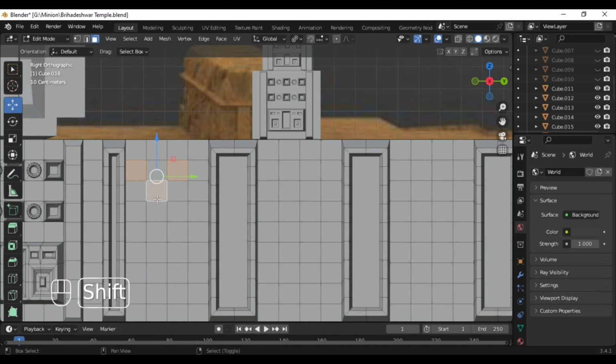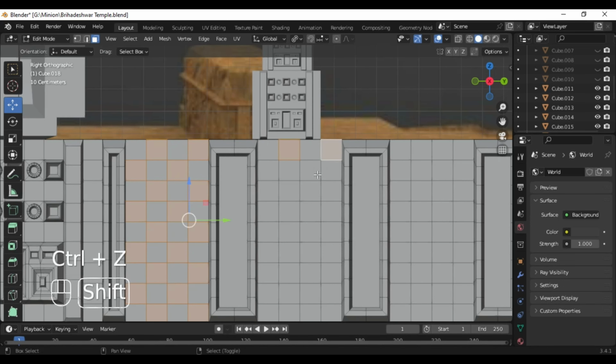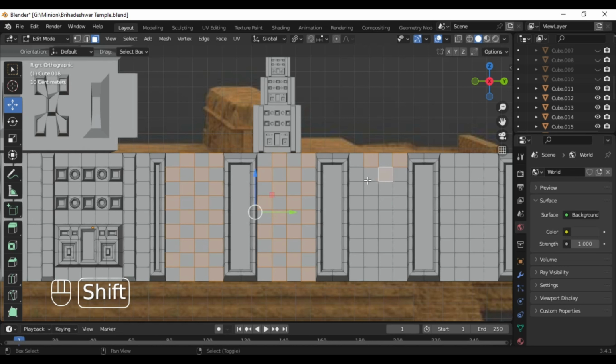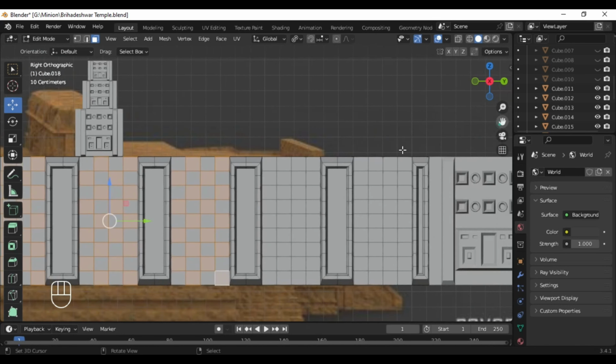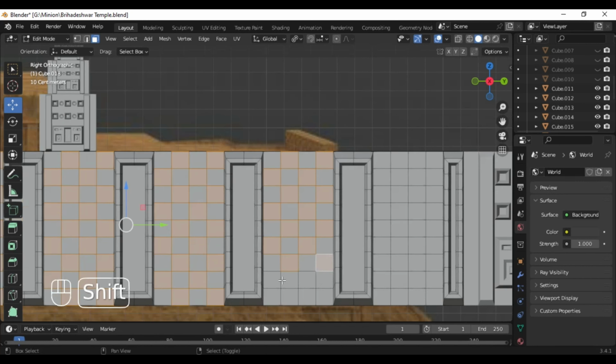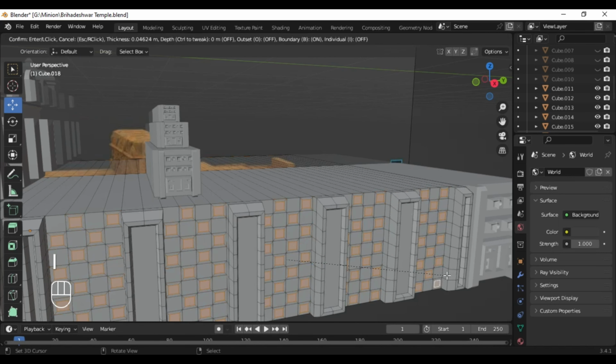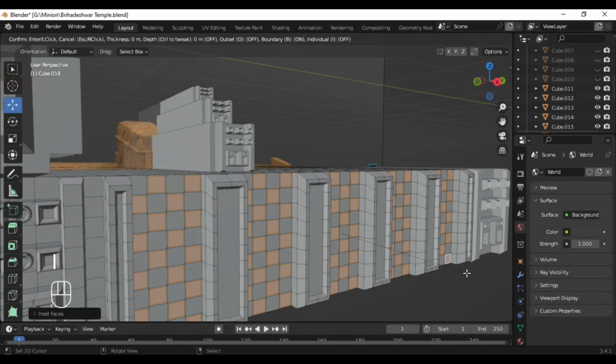Now using the face selection tool, select the faces in this pattern or whatever the pattern you like. So you need to do the selection of each of these faces just manually, like right over here. Once the face selection has been done,